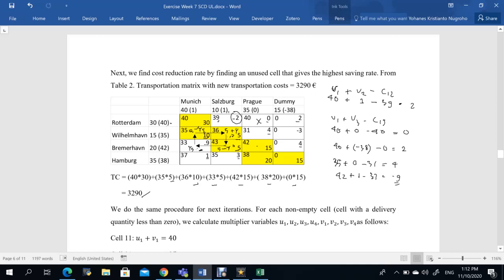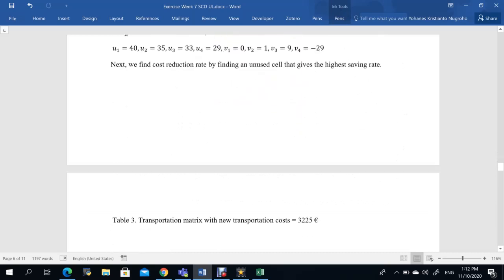Okay, we do the same procedure for the next iterations. So for each non-empty cell with a delivery quantity less than 0, we calculate multiplier variables u1, u2, u3, u4, v1, v2, v3, and v4 as follows. And then we do the same procedure. All right,